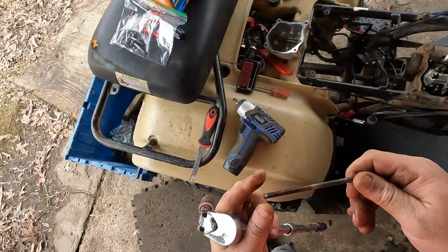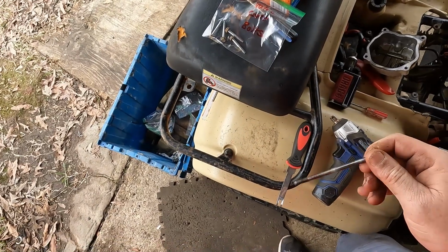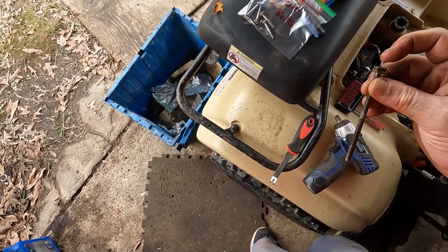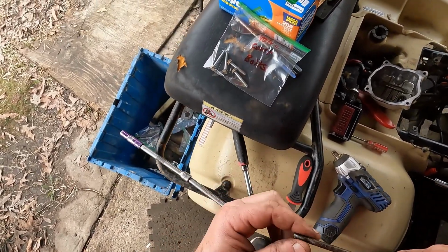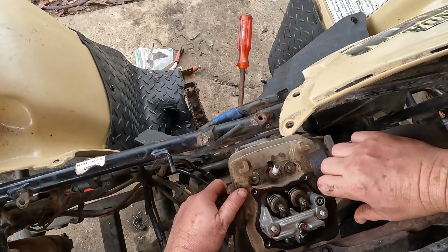Hopefully. That's the bolt that was trying to break. It's a 6mm by 1 thread pitch, and I think it's a 100mm bolt. I was able to save it by spray lube and working it back and forth. Looks like there's a little corrosion on it, but okay, we just got the